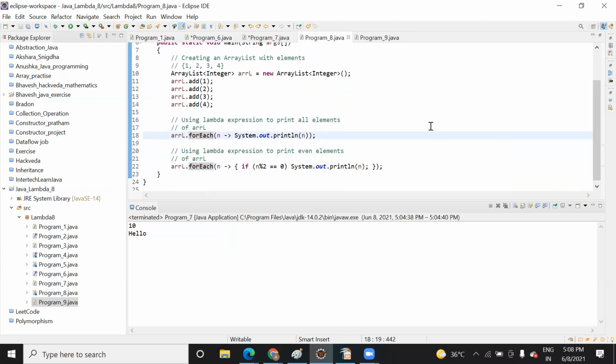Now suppose if you want to perform an operation, if you want to apply an if condition, you can remove this body. You can apply the if condition also. You just need to remove this body. Inside this body you can implement anything. It's based on what you want to provide. So here I have used it.